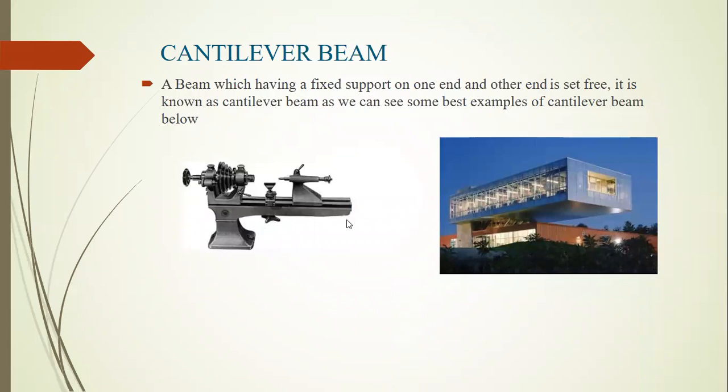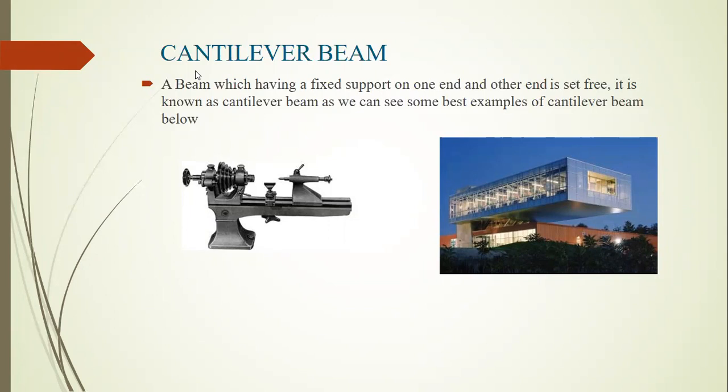Okay, so let's move on to the cantilever beam. The beam has 2 ends. If one of the beam ends is fixed and the other one is free, here you can see there is no support, and here the support is fixed by means of a pole. Then such a type of beam is called a cantilever beam. So here how many reactions are there?